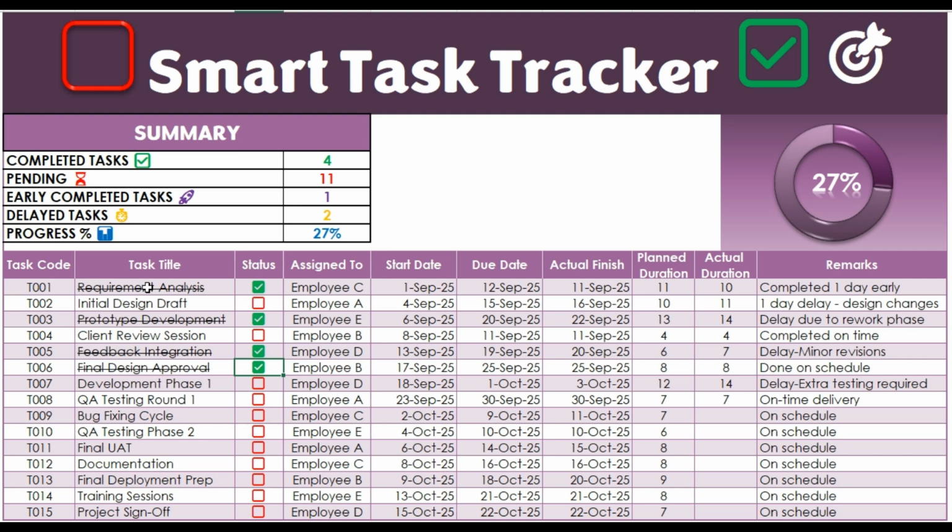In the summary section, we'll display the number of completed tasks, pending tasks, early completed tasks, delayed tasks, and the progress percentage using some dynamic formulas. Along with this, we'll have a donut chart that visually displays the task completion percentage. We'll also use dynamic formulas to calculate the planned duration and actual duration considering the start date, due date, and